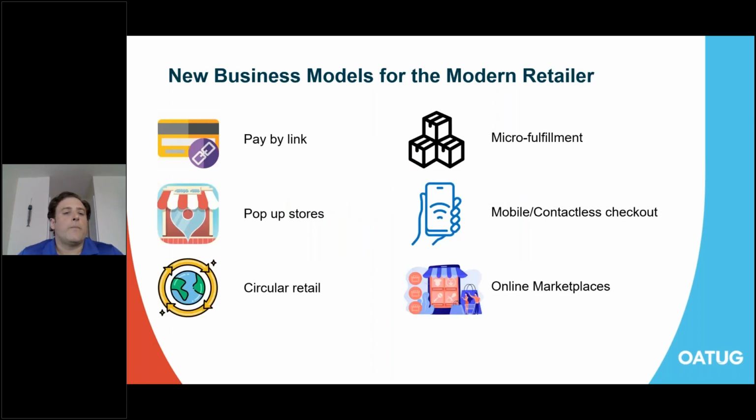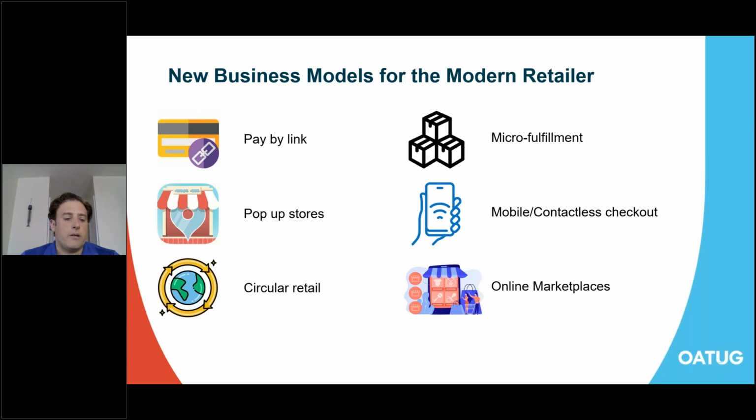So in the modern era, and this is in particular for modern retailers, there are a lot of new ways that our customers are interacting with their clients. And several months ago, I was at the Oracle Retail Conference, and we saw a lot of conversation happening around some of these new business models that are being adopted in the retail world, like pay by link and pop-up stores. I think circular retail is a really interesting model because